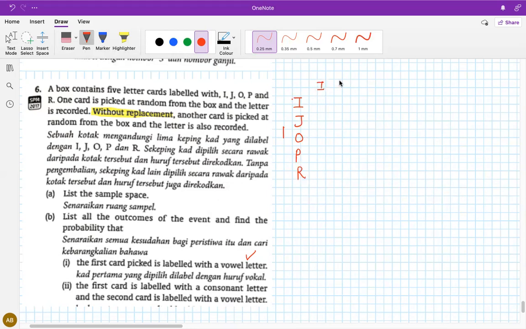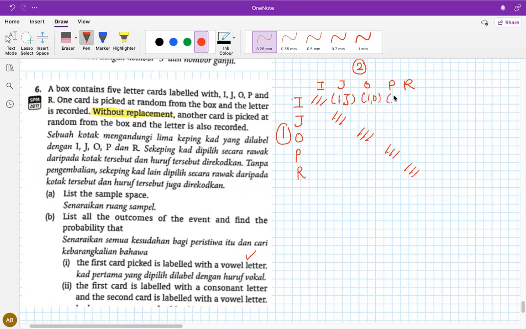Okay, I, J, O, P, R. So this is the second time. First time we withdraw, and then second time. Without replacement, therefore I cannot exist, O also cannot be, then PP cannot be. So therefore we have IJ,